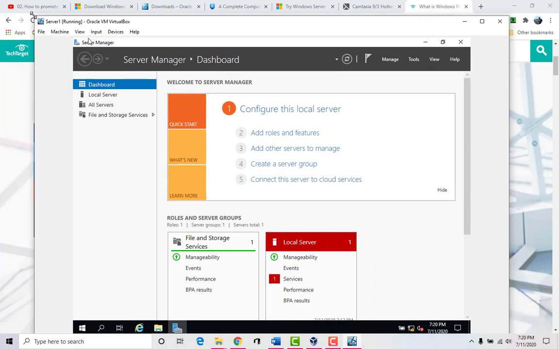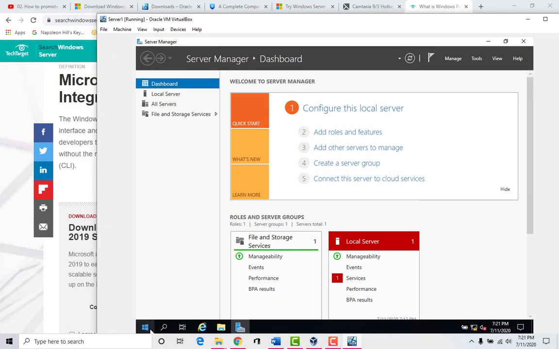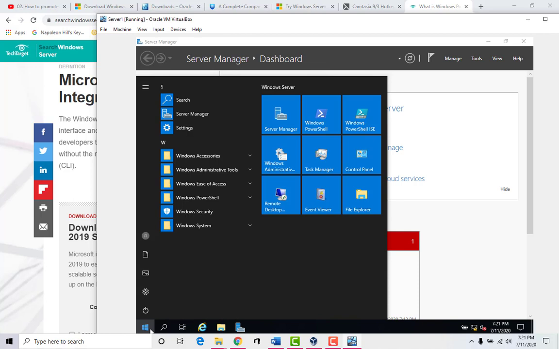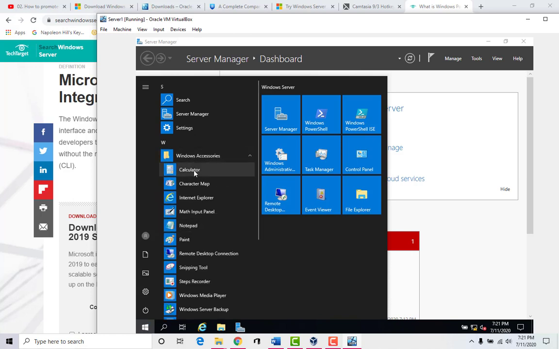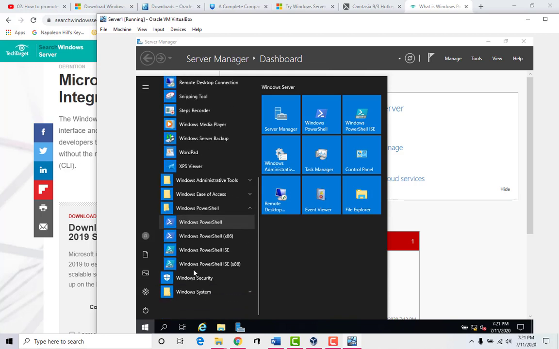I'll make this a little bit bigger also. That's usually found under the Windows accessories. So if I go to the start here, we go to Windows accessories, and we can scroll down there. Actually, this will be under Windows PowerShell in this particular version of the server. There are different versions.